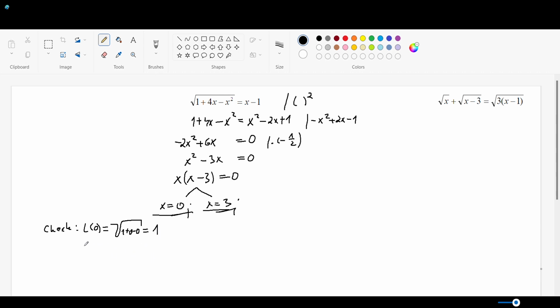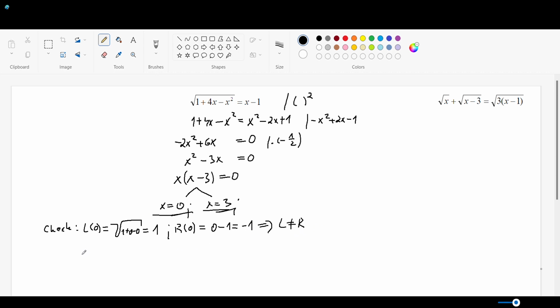Nice, and have a look at the value of the right side of the equation for 0, and it would be 0 take away 1, which is negative 1. So it means our left side is not equal to the right side, so